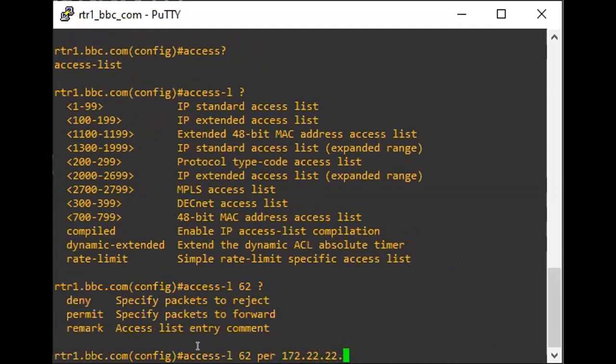172.22.22.0. Actually, it's not .0. That's right, we'll pretend it's .0. Well, it is .0, but it's not. The wildcard is going to be 0.0.0. The first 3 octets are what we're going to match, and actually, we're only matching the first 2 octets. So everything else is on. So I need to subtract